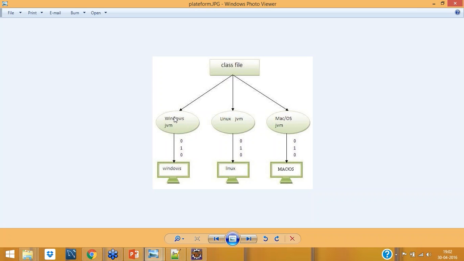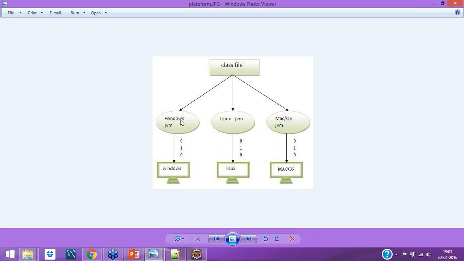Still, if somebody wants to go inside and manages to hack it, we can do one thing: force exit the JVM. The JVM will stop there, and we are secure. So Java is very much secure. It is always used for a lot of banking operations and commercial websites, and it is vastly used.